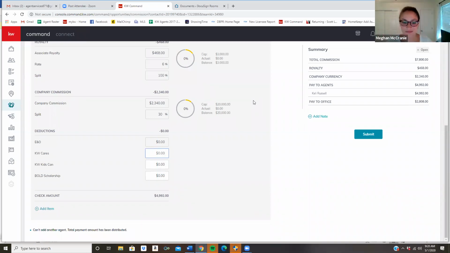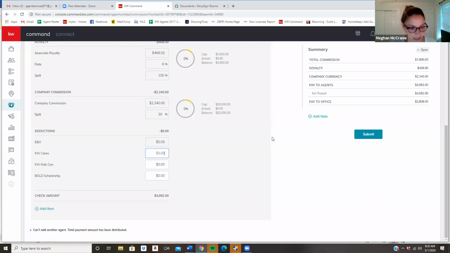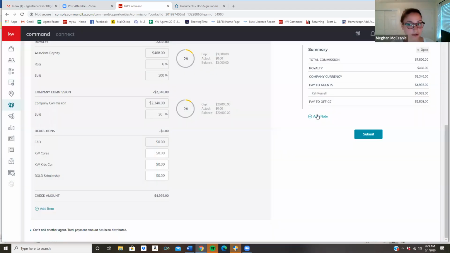There you go. So we don't know where you're closing. If you're going to get paid at the table, we don't know who to send that DA to, right? So you're going to click on add note, and put here the closing office, or excuse me, the title company, and then who we need to send that DA to. If you do not do this, we do not know who to send that DA to. And if we can't hunt you down, you're not getting paid at the table. So just keep that in mind. You've got to add that note of where you're closing.